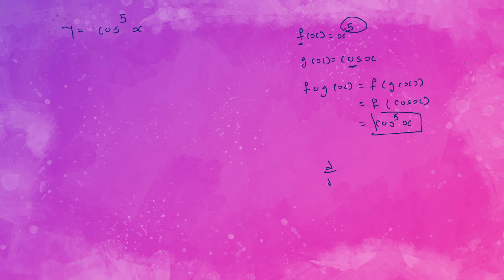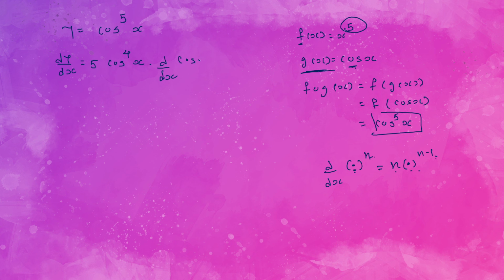So how to differentiate a power? The power n is differentiated and whatever the inner function is, it is raised to n minus 1. Right now I have cos here, so it will be n cos raised to n minus 1, where n is 5. So let us see how it is done. So it is 5 cos raised to 5 minus 1, which is 4, x, into the inner function g, which is cos x,